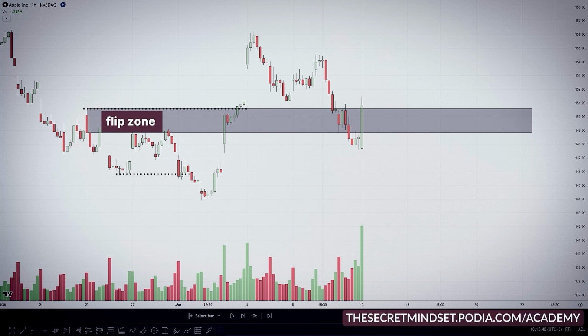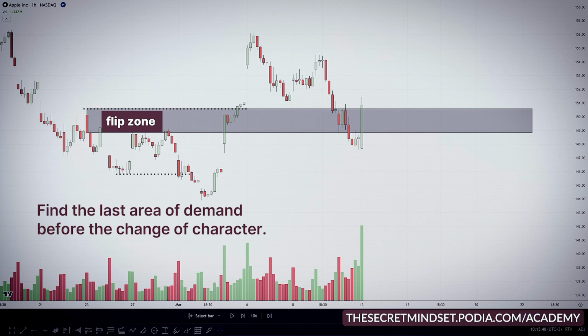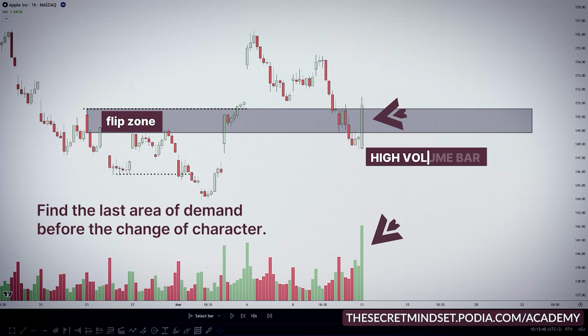Then we have the flip from supply to demand. The area just before the change of character, which was previously supply, now becomes potential demand. This is our key level to watch for potential entries. As price pulls back to this demand zone, this is where we look for our entry, confirmed by a bullish